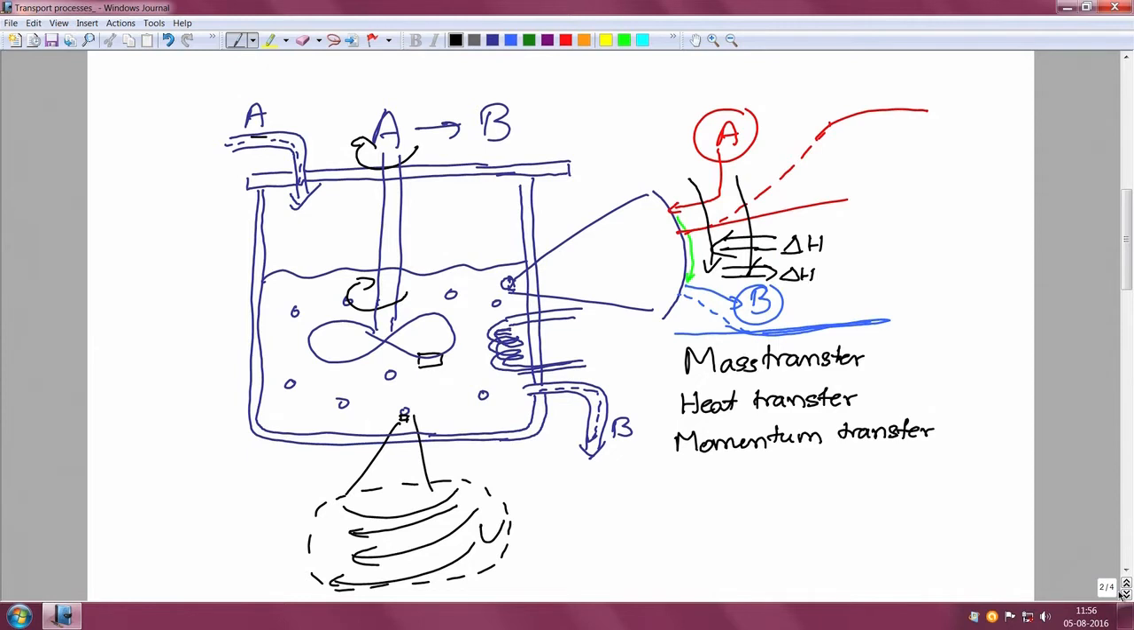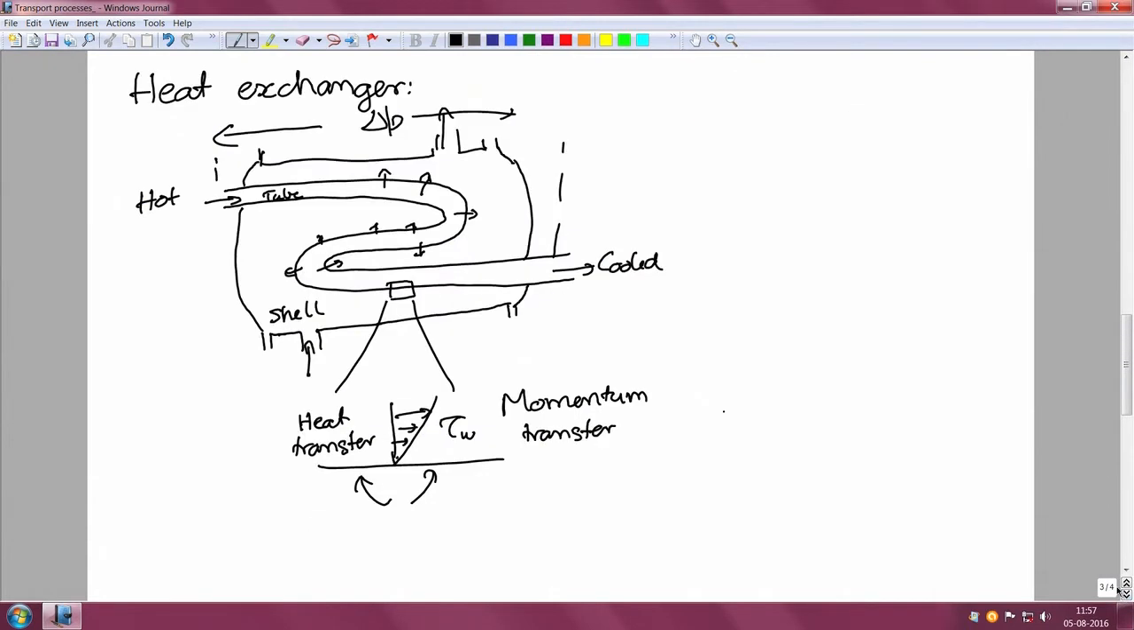Of course, these are increased if you use an impeller to mix the fluid in the reactor, but that has its own costs in as far as the power required to drive the reactor. Okay. Similarly, in the case of heat transfer, a heat exchanger, when hot fluid is coming in and